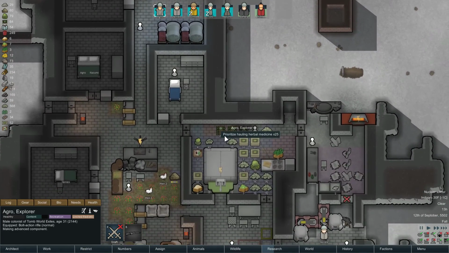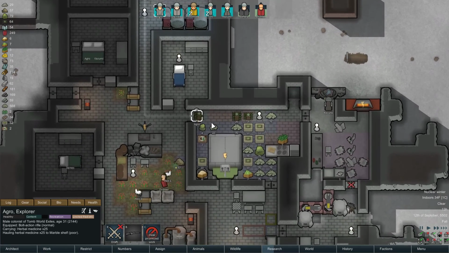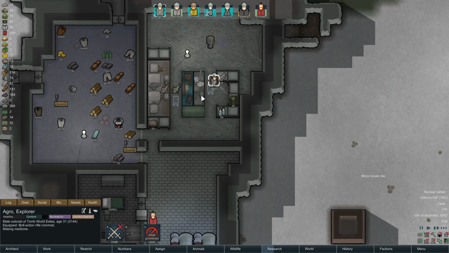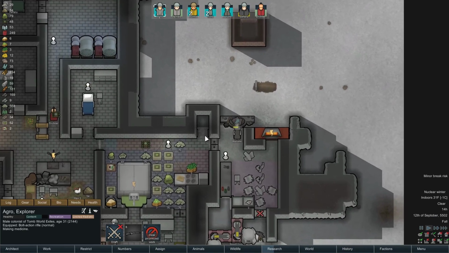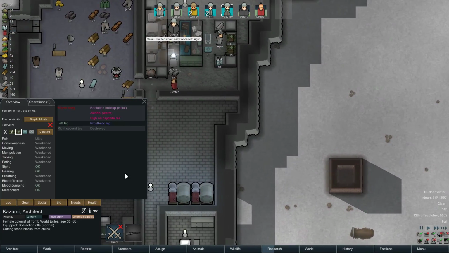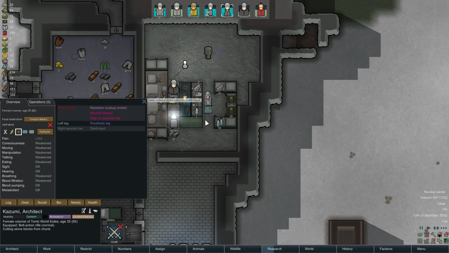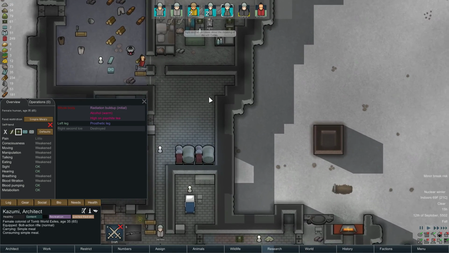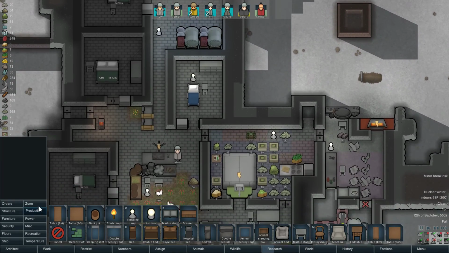Okay, so that's an advanced component, but I want you to make your own medicine. So we have no medicine? How much medicine do we have? Okay, so the Nutriamine is being hauled. And there we go. He's cranking out medicine for his surgeries real quick. Ditchter is going to bring him...